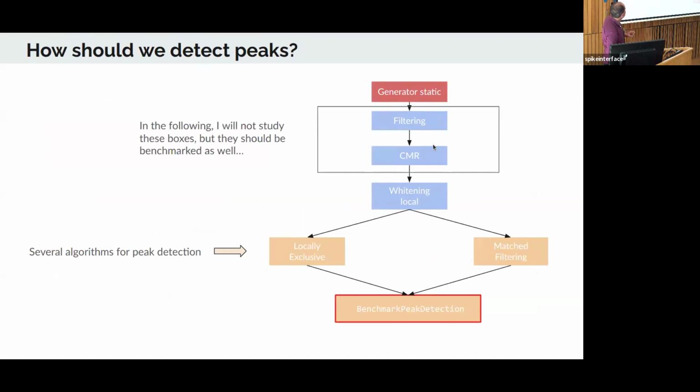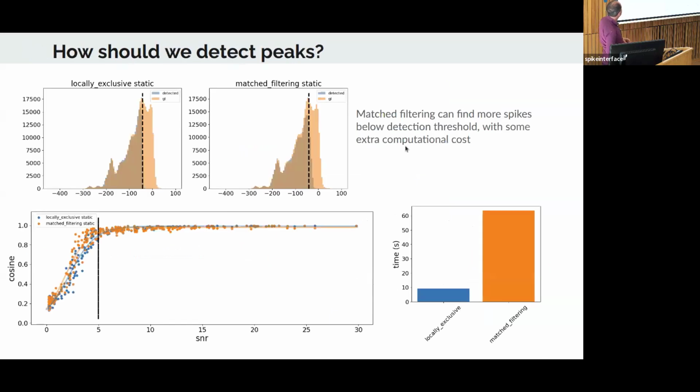In the following, I won't benchmark those steps here, but some other people in the room, like let's say, for example, Aurélien, might say that it's worth also benchmarking how do you filter the data or the order of those operations. I won't go into that, but that's also a question we might ask actually. What's the best filter? Is it worth doing the median and so on and so forth?